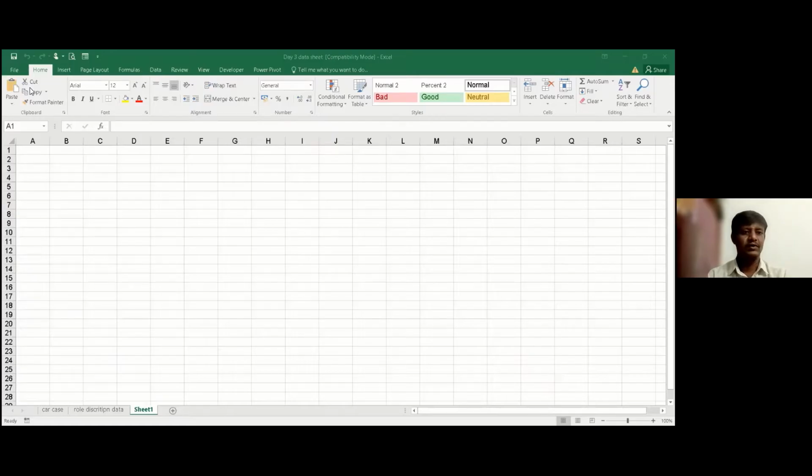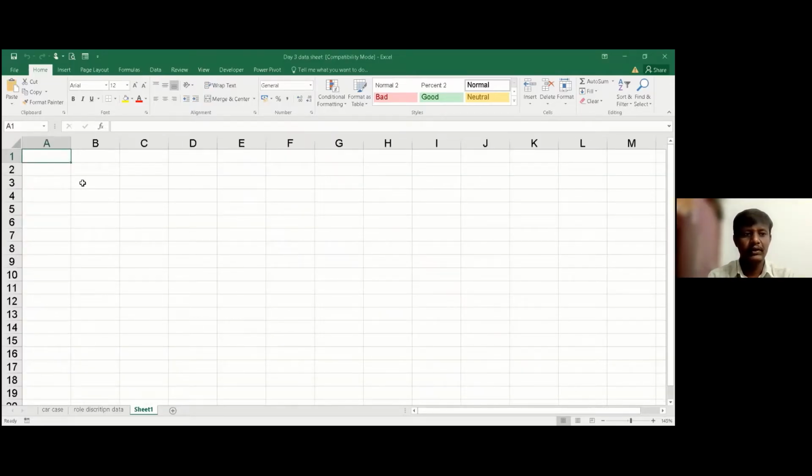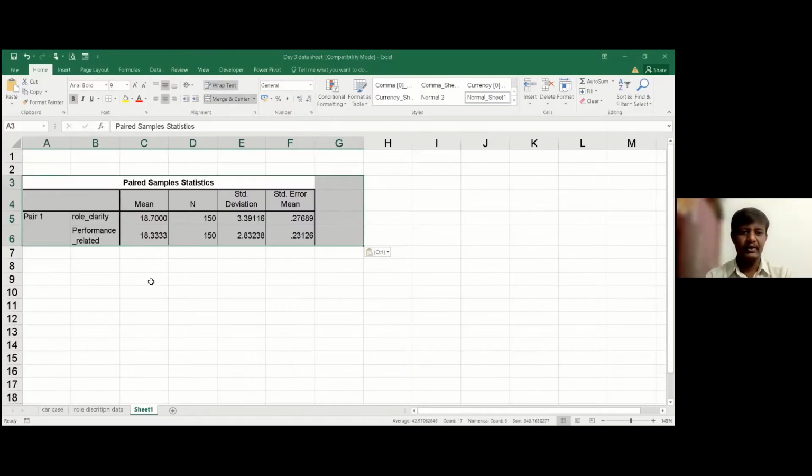I have opened a small Excel sheet to work on the output given to us. So we are going to combine these 3 tables into one table. Either we can copy the table from the SPSS output and paste it in the Excel sheet, or we can create our own Excel sheet. I am copying the output from SPSS.